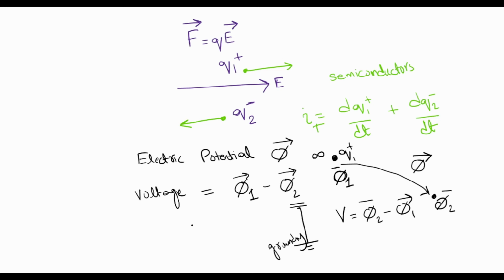But we should always remember that voltage is always defined with respect to a point. So if I say that this is a 12 volts battery, it always means that the potential here is 12 volts with respect to ground, where the other terminal is at zero potential. Now, what is the relation between